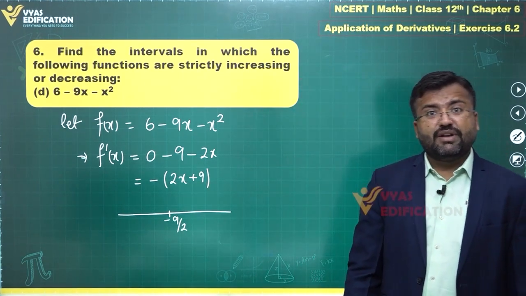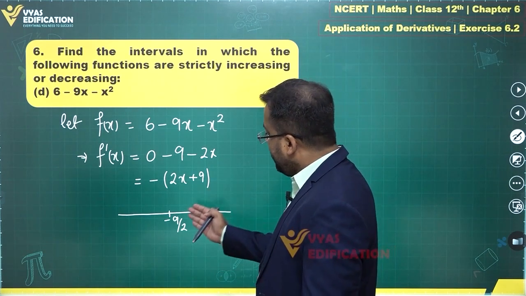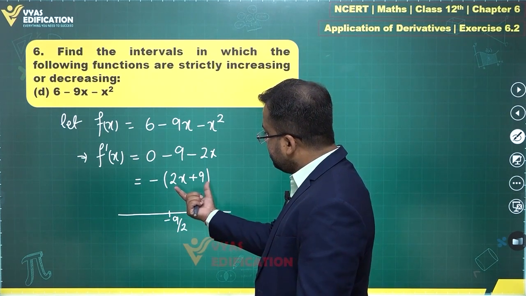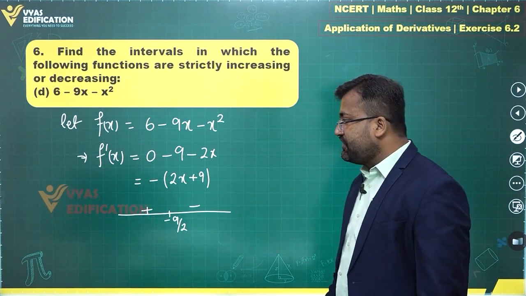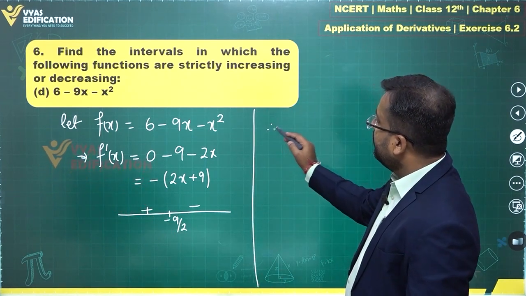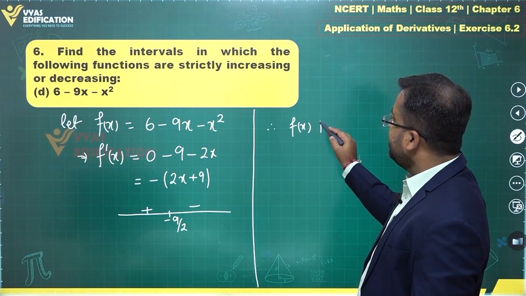2x plus 9 equals 0 implies x equals minus 9 by 2. And for values beyond this, in this interval, this is positive, but this is negative. Here, the sign will change, right? This is what you get. And therefore, you can comment that f(x) is